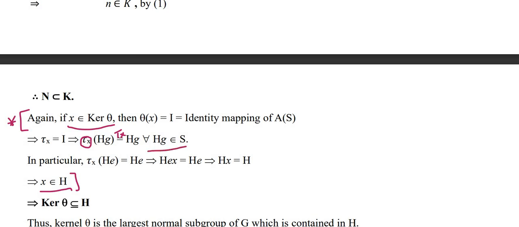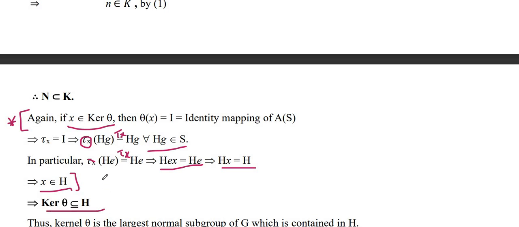in S. Now in particular, we have this one to be HE, so it is true for every HE, so HE is also present in S, so we have this to be true. And this in turn gives HEX to be equal to HE, and that in turn gives HX equal to H. So we have X belonging to kernel theta implies X in H, so kernel theta